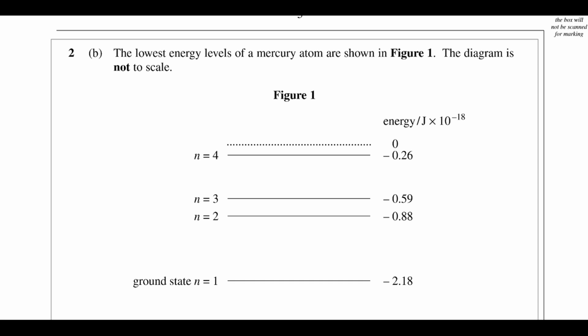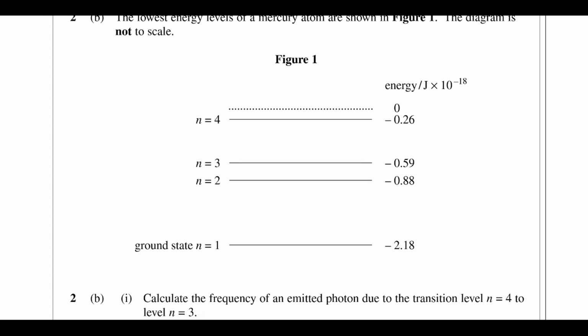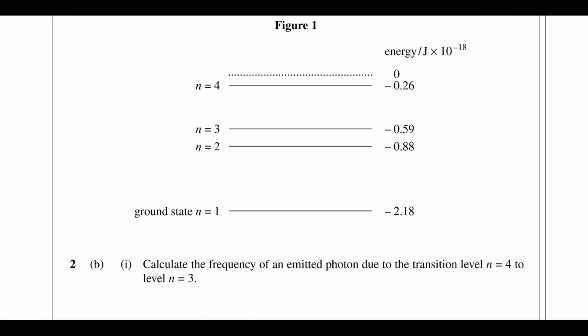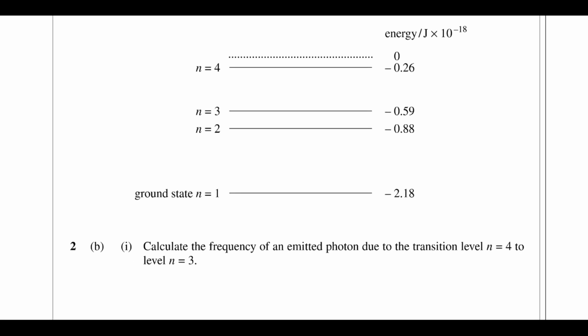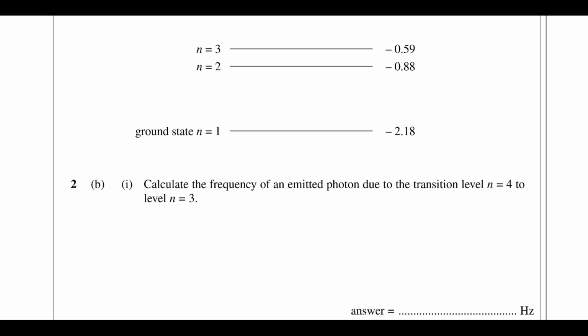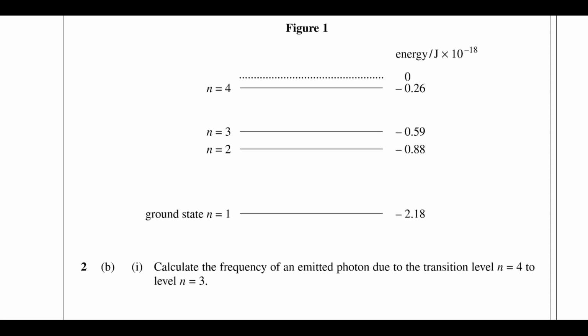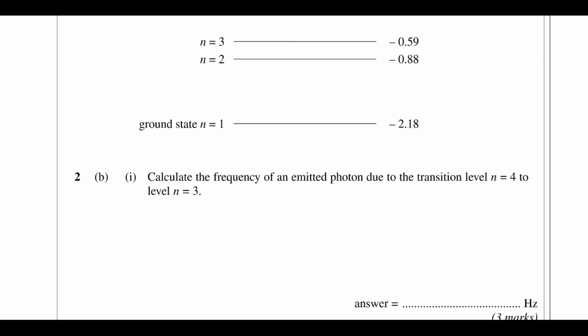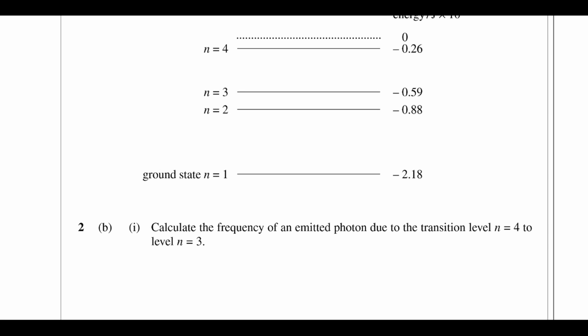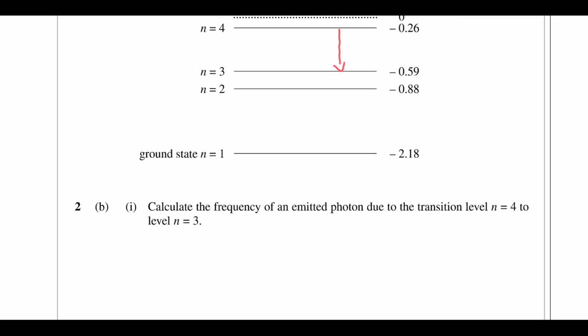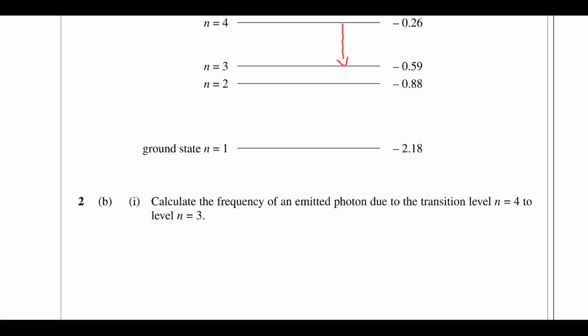So we've got the lowest energy levels shown in this, and obviously this diagram is not to scale, but never mind. So we've got the ionized state up at the top at 0 and the ground state down at minus 2.18, and that's in times 10 to the minus 18 joules. I want to calculate the frequency of a photon due to transition from 4 to 3. So essentially during this transition right here. So what we're going to do is we need to know the change in